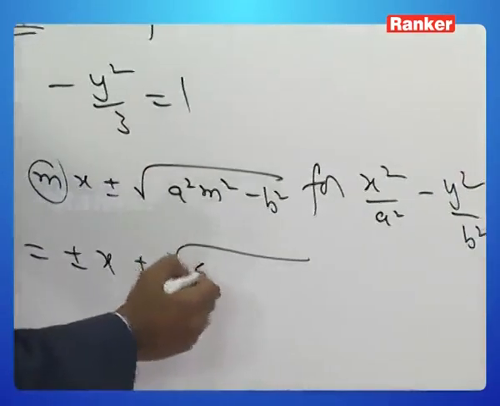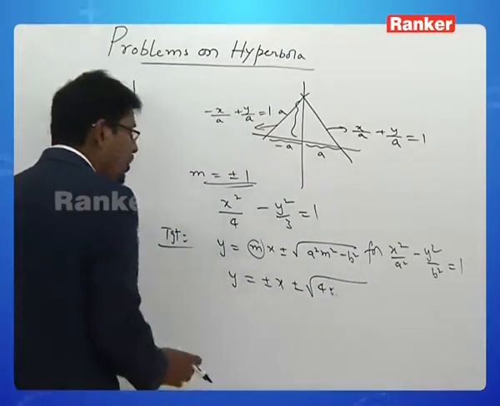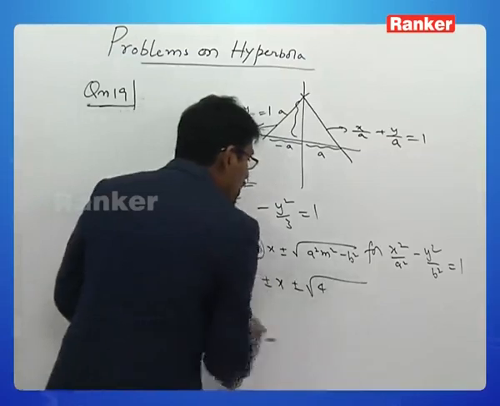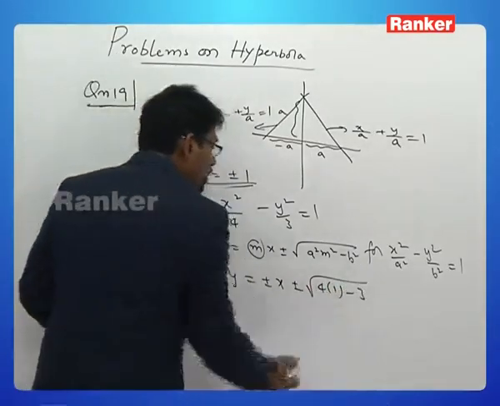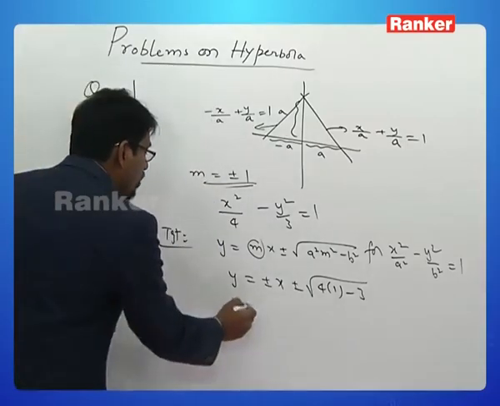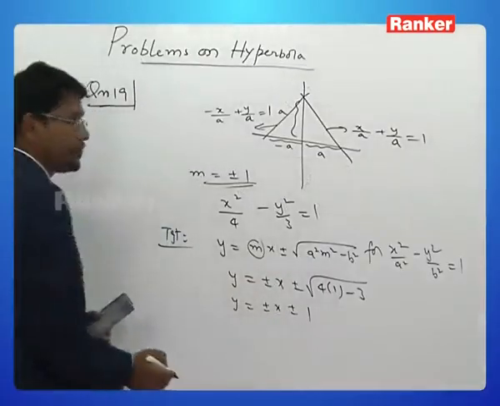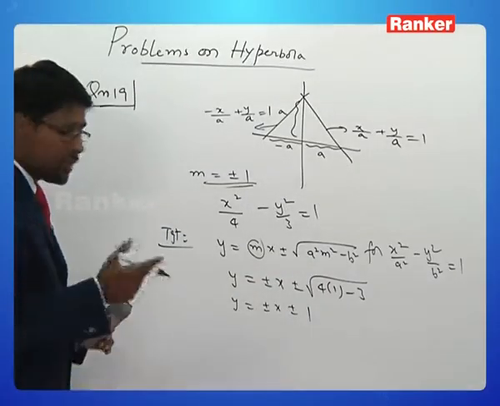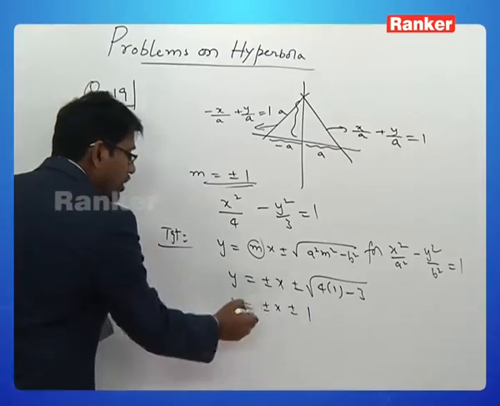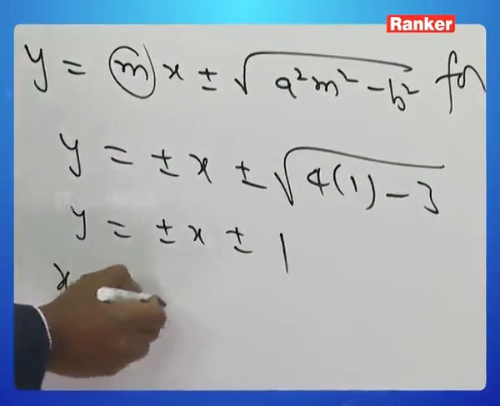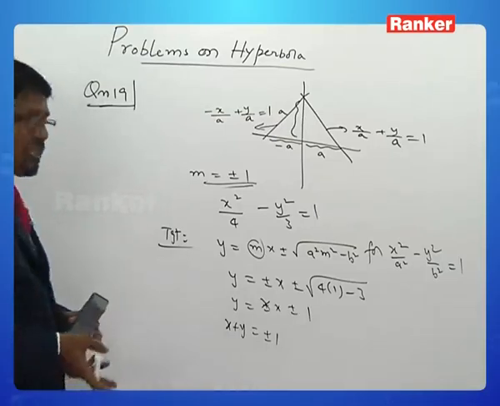What is a²? 4. m is ±1, so m² will be 1 only. So 4 into 1 minus b², which is 3, gives 1. So what do we have? y = ±x ± 1. So if I take a minus sign here, I'll get x + y equal to ±1. Of course 4 possibilities are there, but